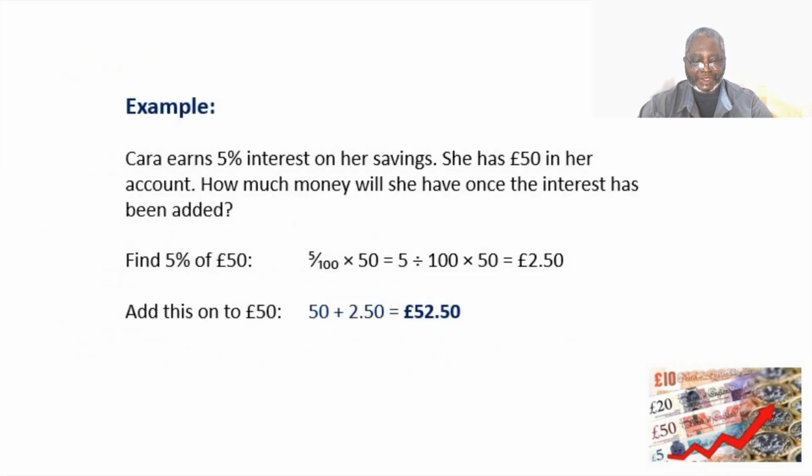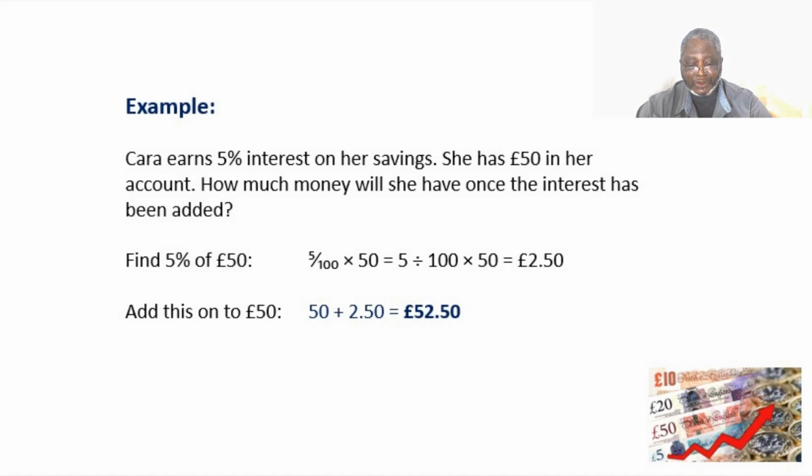Cara earns 5% interest on her savings. She has £50 in a bank account. How much money will she have once the interest has been added? And this is how you write it in English. Find 5% of £50. And in maths,